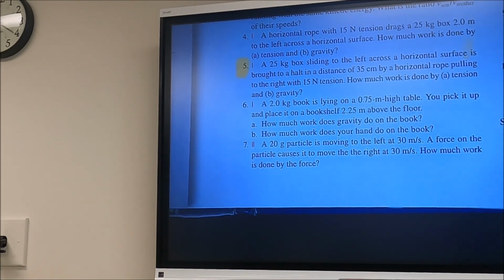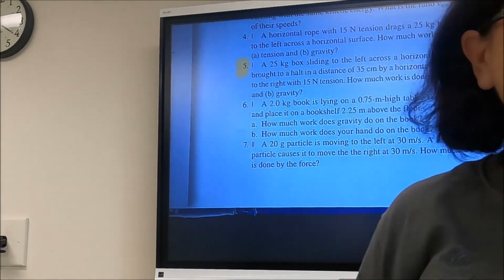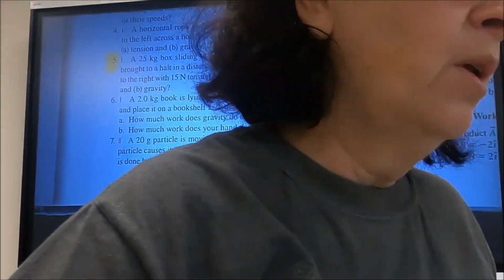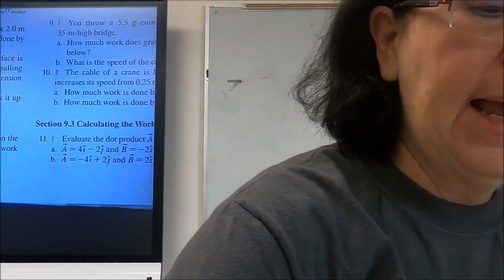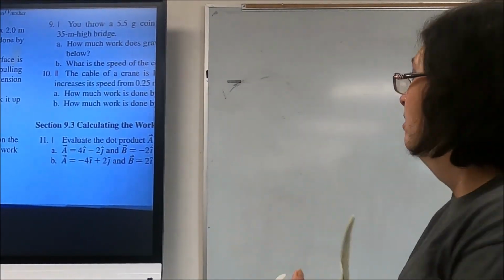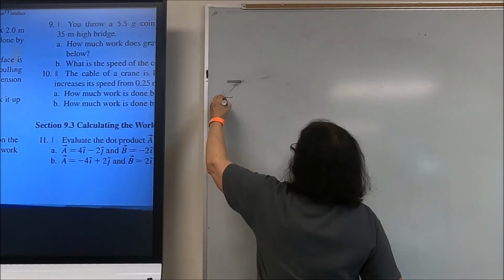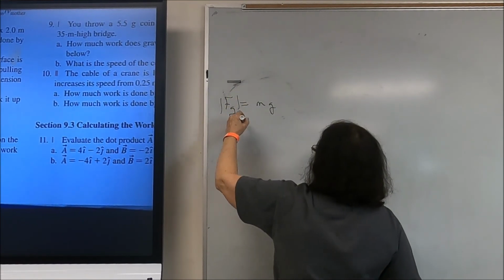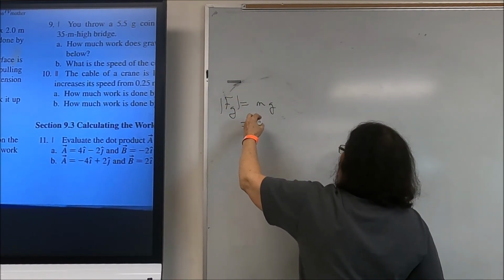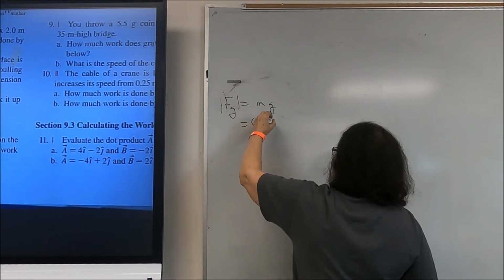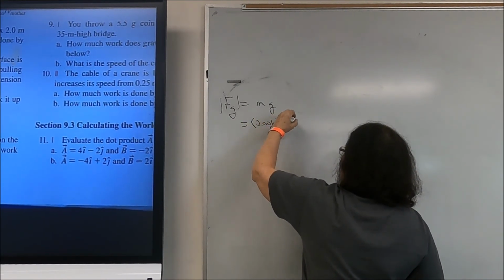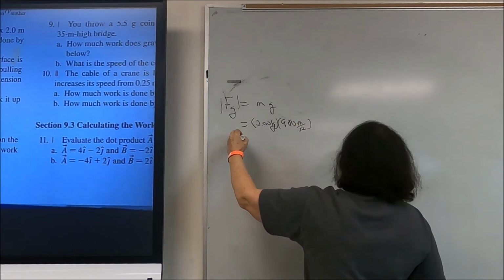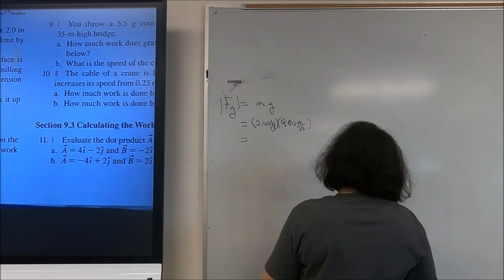And the book doesn't end up with a velocity at the end, so all the work that you put in with your hand actually goes to changing the gravitational potential energy. So there's a couple of ways that we can look at this, okay? Force due to gravity is equal to mg in magnitude. So the mass is 2 kilograms, 9.80 meters per second squared. So our force due to gravity is